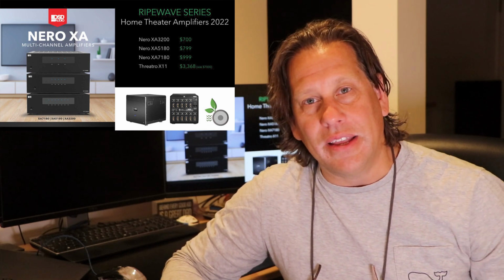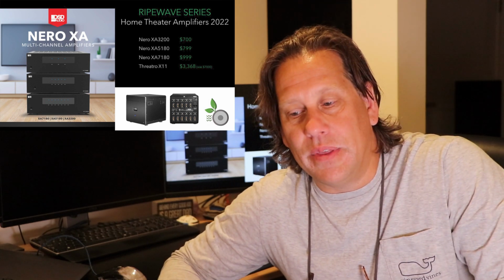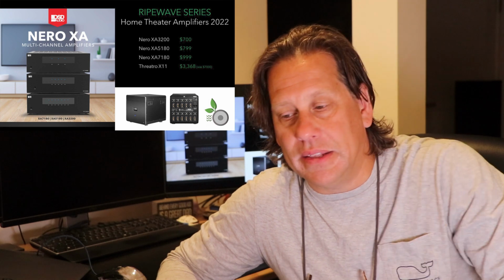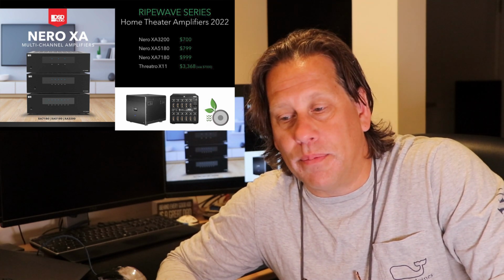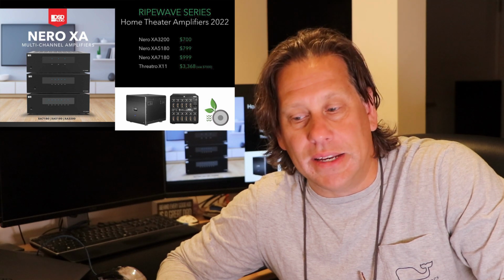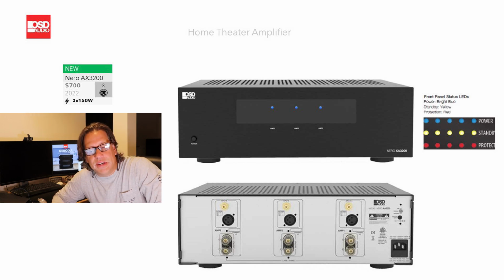And then finally, we're going to look at their beast of an amplifier, their Theatro X11, which tops off a big jump in the price from their normally under $1,000 products to something that is currently selling for $3,368. The first model we're going to look at is their 3-channel model, which is the Nero